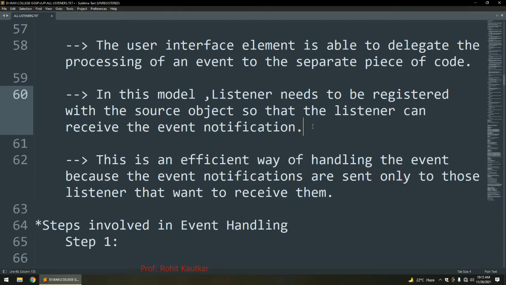This is how the GUI component delegates the processing of the event, and the notification is not sent to all listeners. It is sent only to those who are registered with the source and interested in processing the event. These are a few advantages of the delegation event model.